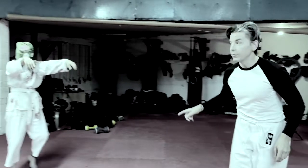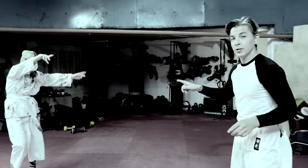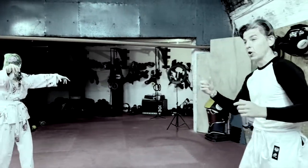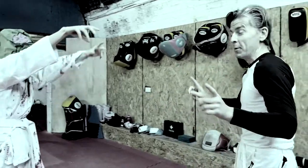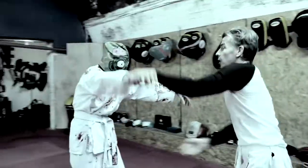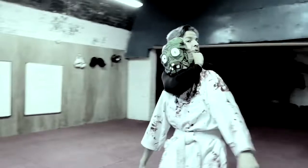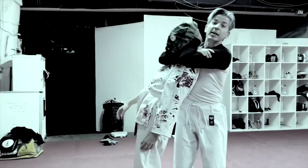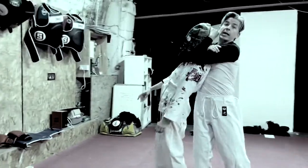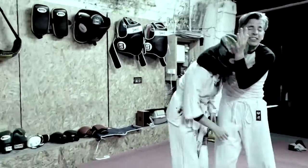Oh, look, we have a little zombie guest today. I want to show you something. This is how you can use a rear naked choke against a zombie. Okay, didn't have time to show you this earlier, but okay, so you're just going to control the wrist, drag it across, and then you're going to put on the rear naked choke, as you know. You're going to get this control here, you're going to get the control here. Be careful. What you don't want to do is release this hand, because then you can...